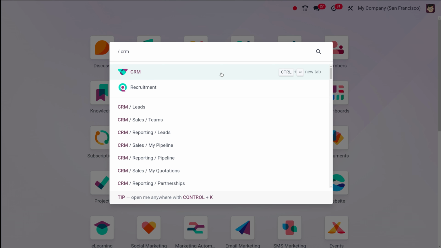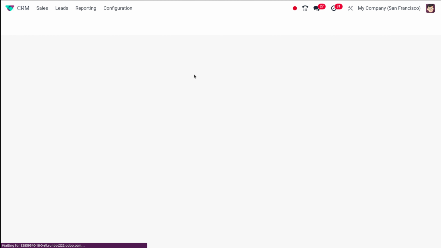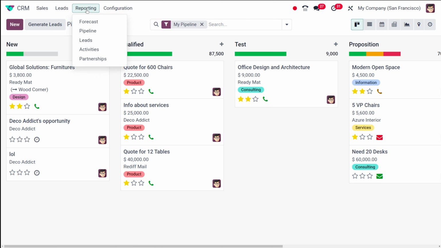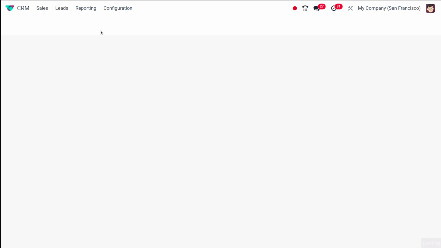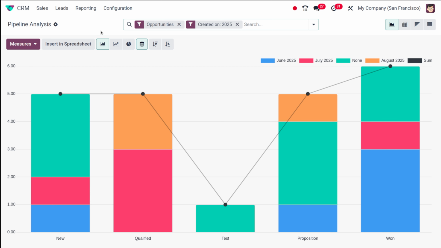Before that, let's dive into the CRM and open the reporting, and under the reporting, you have to choose the pipeline. Okay, so simply put, it's a report that compares how many leads matching your organization's specific criteria for a quality lead each salesperson has received over a set period. So a quality lead is one highly likely to result in a sale.